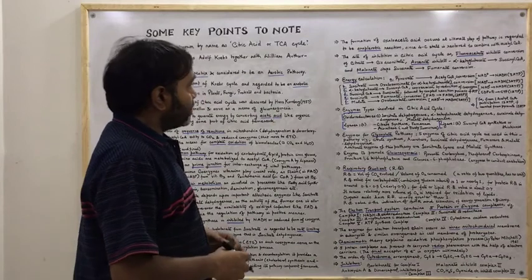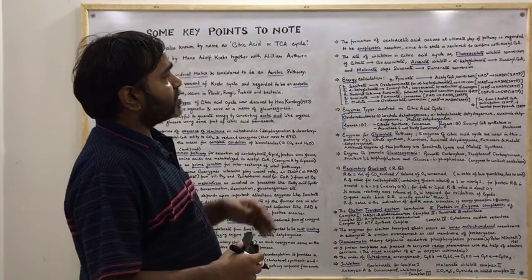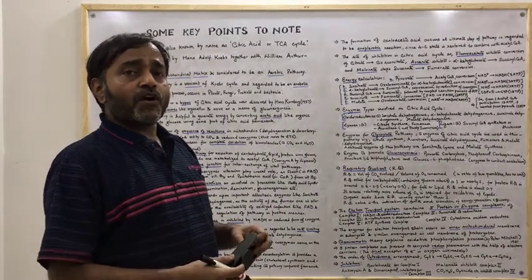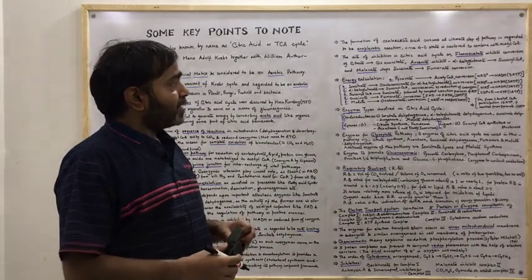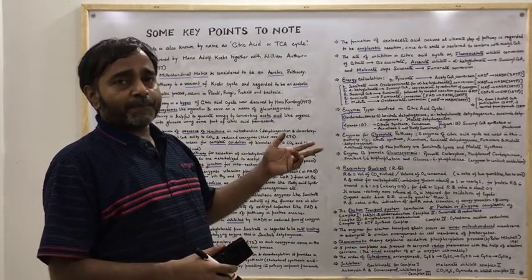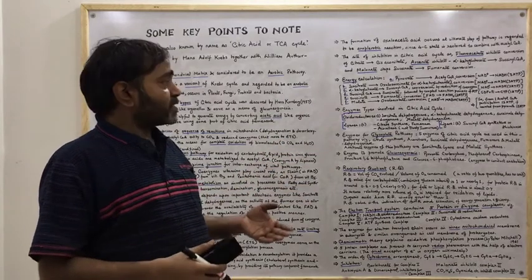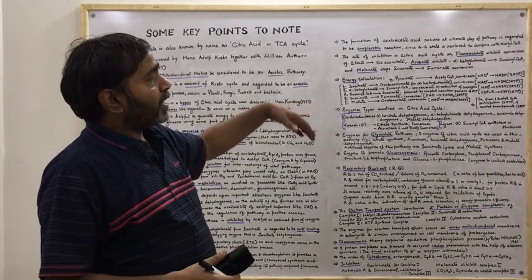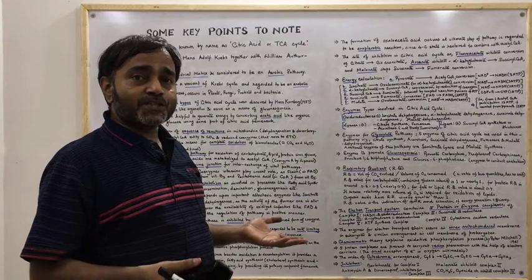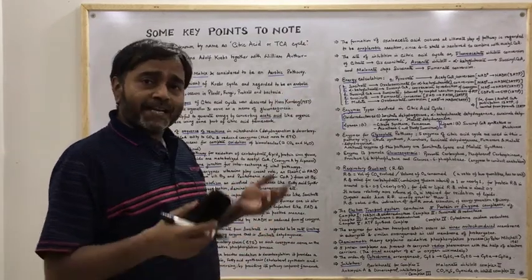Now what is the next one? Succinate gets converted into fumarate, and that conversion results in the formation of FADH2, that is the reduced form of FAD, and there 2 ATP is obtained because of the energy equivalence of 2 ATP. We need to understand the electron transport system if we want to know why 2 ATP is generated in the conversion of FAD to FADH2, and why 3 ATP is generated in the conversion of NAD plus to NADH.